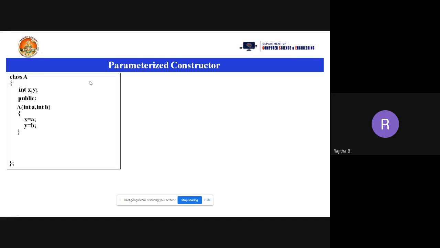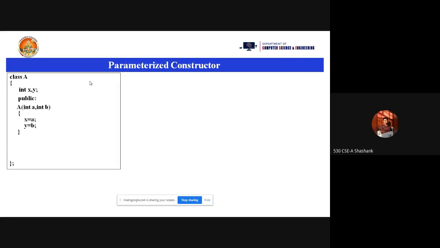Suppose you take a read function, you can give the return type void, like void display, void print. But a constructor does not have any return type, not even void, because you are not going to return anything or return a result to any other function. So we do not take a return type here.